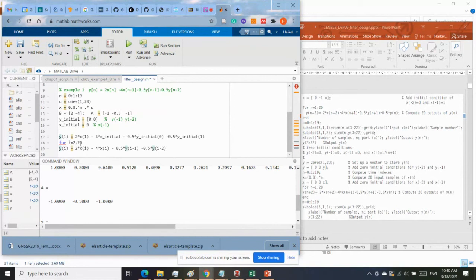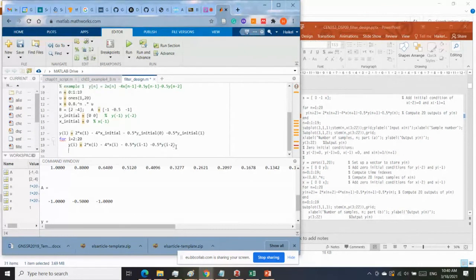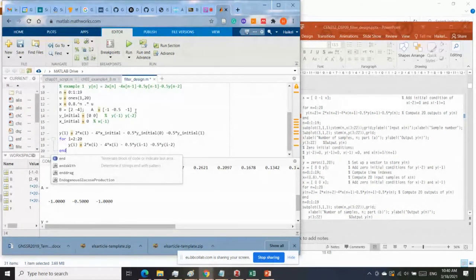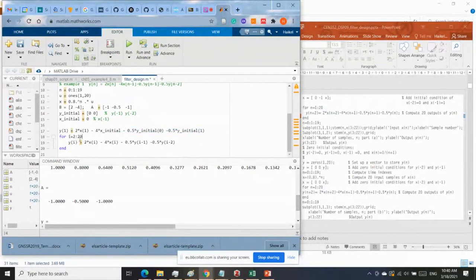What's the mistake? There is no end. So for the first one, we compute it using the initial conditions. Then normally we are able to compute all the values from 2 to 20 using the formula. And I will have here the first value, say 2. If I had 2,